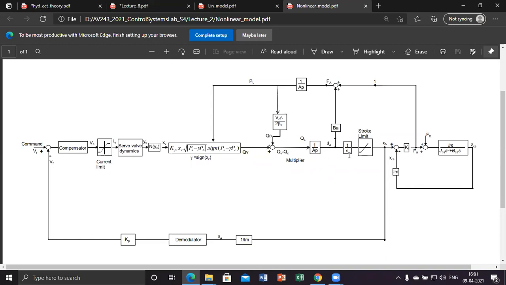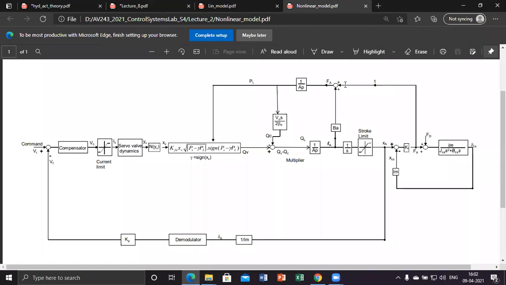Once you have XA dot, integrate it to get XA, then apply the stroke limit, because there is a maximum travel for the relative displacement of the piston with the cylinder. Then you will get XA. That XA is sensed, then divided by LM, and delta A sensed is fed back. And XA minus XES, the forward motion of the control surface, gives the incremental motion of the mounting structure, the mounting bracket. That multiplied by stiffness will give F. Here you can say F small a only. That is the force which is coming out.